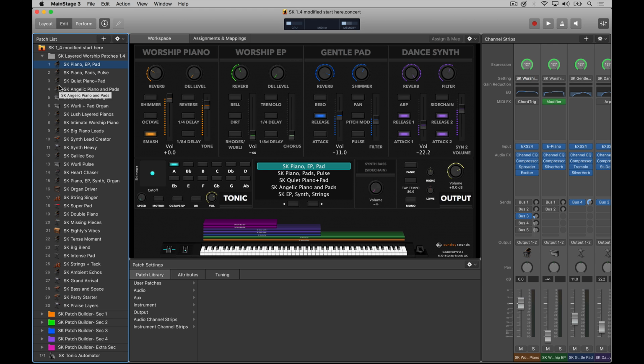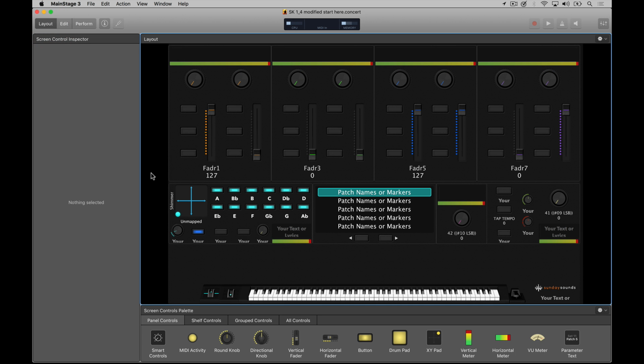All right, so first let's add a second keyboard to Sunday Keys. I'm going to go over here to Layout Mode. And so you've got a lot of space here at the bottom to be able to add in a second keyboard. But the one thing you need to look out for,